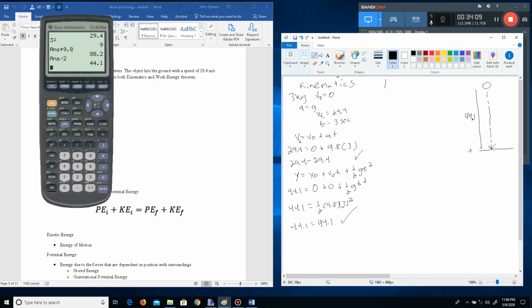Okay, so that checks out. Now let's use the work energy theorem. I went backwards, but same thing. We're going to start looking at the kinetic energy first at the beginning. It's going to be 1/2 times 3 kilograms times 0 squared, which is 0. Then the final, 1/2 times 3 kilograms times 29.4